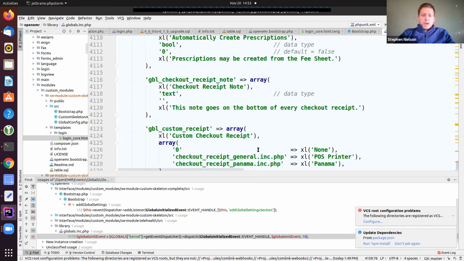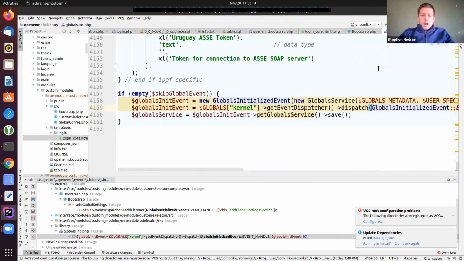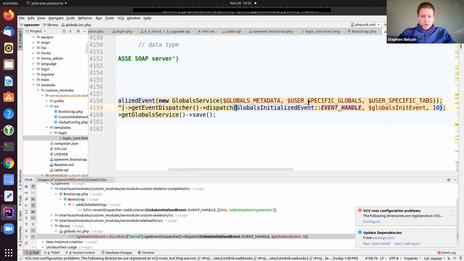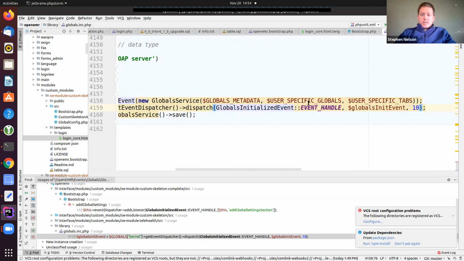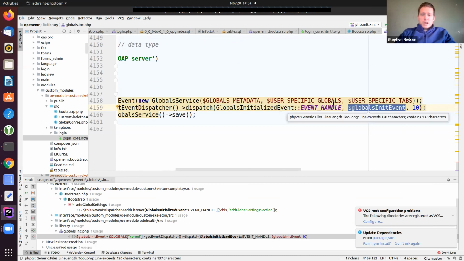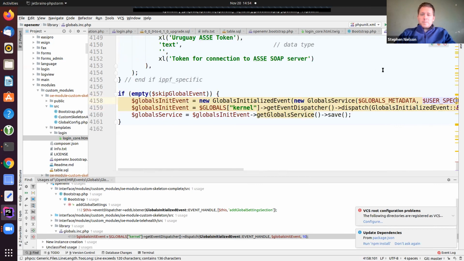And it says, after we've gone and we've created all of these global values inside globals.inc.php, I'm going to call out to everyone who's listening. If no one's listening, it's going to spend a couple microseconds looping through an empty array and return. So the penalty of if no one's listening is pretty minimal. But it's going to fire off this event and saying, here's the globals, right? Here's the globals metadata and some other specific global data that you would need for modifying these tabs, right? And then that's going to be fired off.